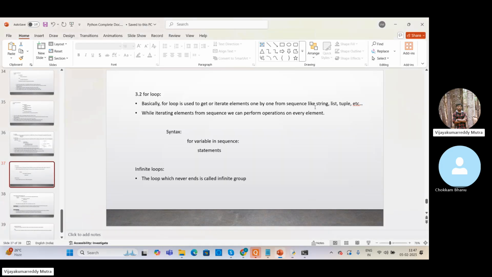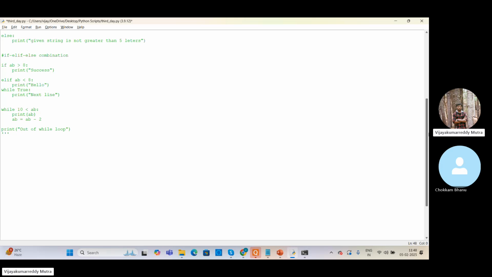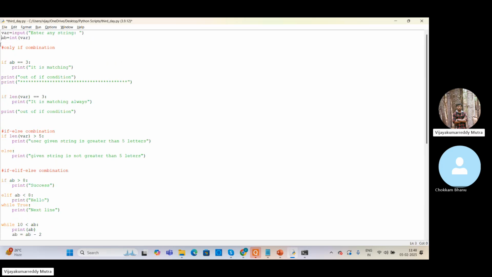I'll just use only a string for now, because in the string chapter you will understand easily how to use for loops and while loops. So now I'm just declaring. For now I'll just comment these lines as well. It will create